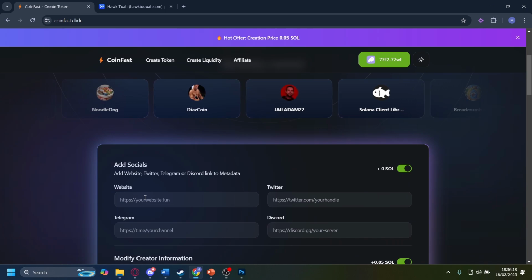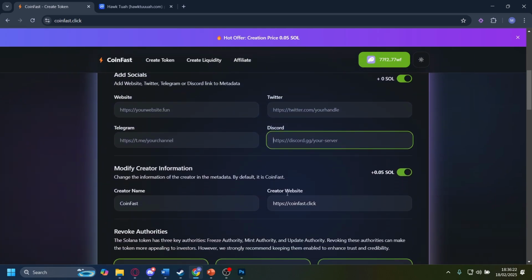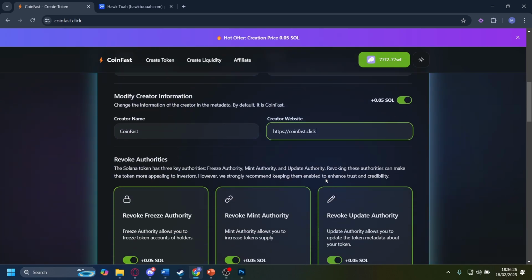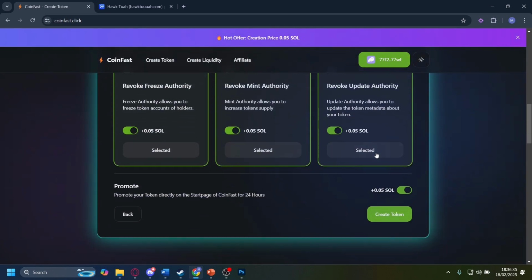Now, you do need to add in your website, your Telegram, your Twitter, your Discord. You also need to add in your creator website as well. And then you do have to look at all of these as well. So revoke freeze authority, mint authority, and update authority. And you can also promote your token directly on the start page of CoinFast for about 24 hours for 0.05